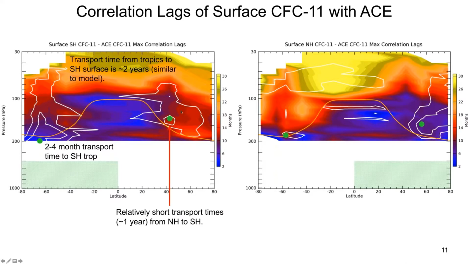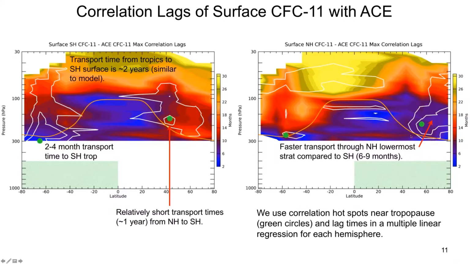We have relatively short transport times from the north to the south. So you can see it's getting out here relatively quickly compared to what you see from the south to the north. So again, faster transport out of the northern hemisphere, moving across the troposphere into the southern hemisphere. And also you can note that the faster transport is seen here just in how blue these times are in the north. So 6 to 9 months to just flush out the lowermost stratosphere of the north, quicker than happens in the south.